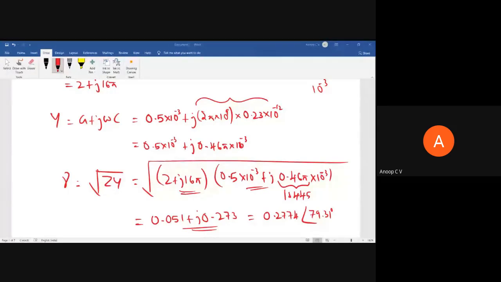Then if an error is there, we'll go ahead and rectify that. If the error is not there, I want you to tell me whether the answer which I have written is correct or not. Please do type in. Please do try. All of you should try.